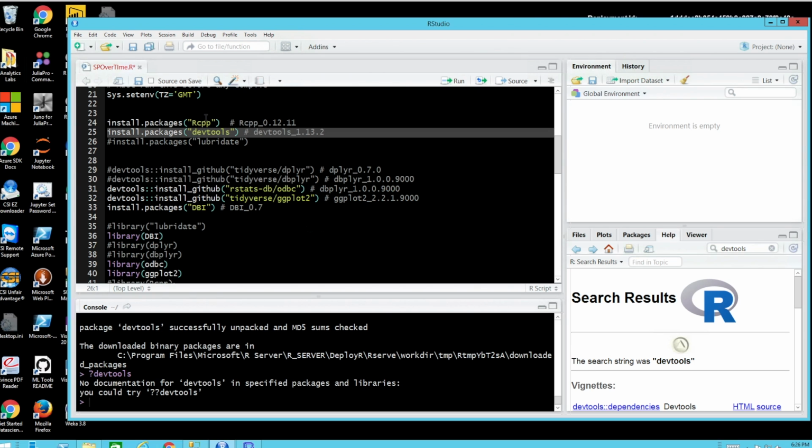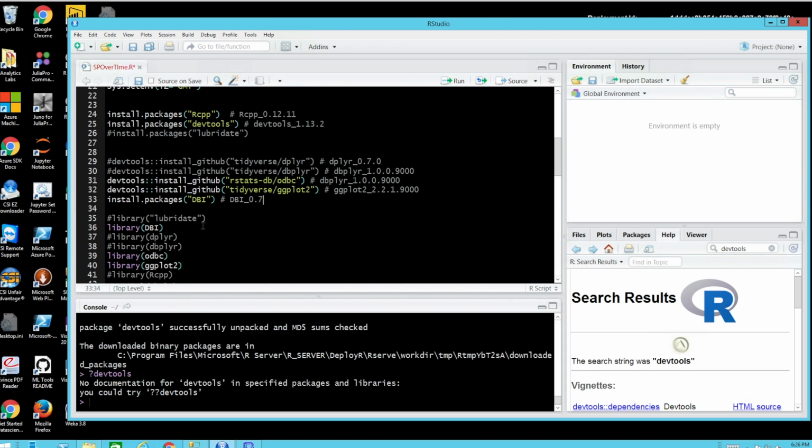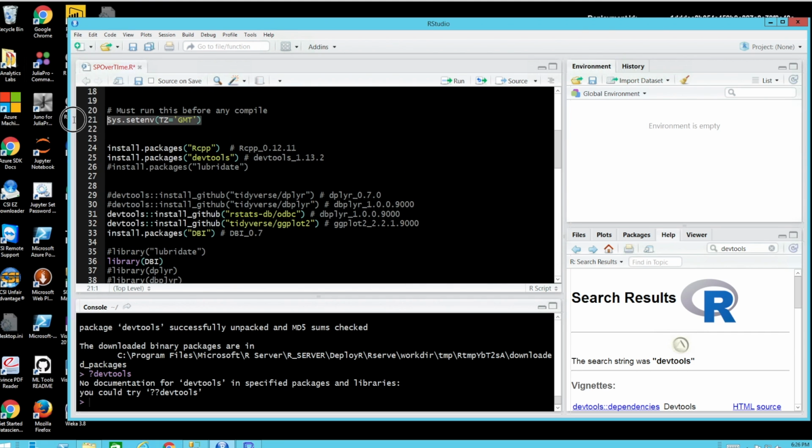That's why you have to have Rcpp installed, and that's why you have to be running in administrative mode. This is not going to put anything in your Windows directory. It's going to keep all the packages local. But ironically, this process can't call out to the compiler and make code unless it's running in administrative mode. Make sure when you run these that everything is successful. The only reason it wouldn't be successful is you may need to set your time zone, or you may need to make sure you're running in